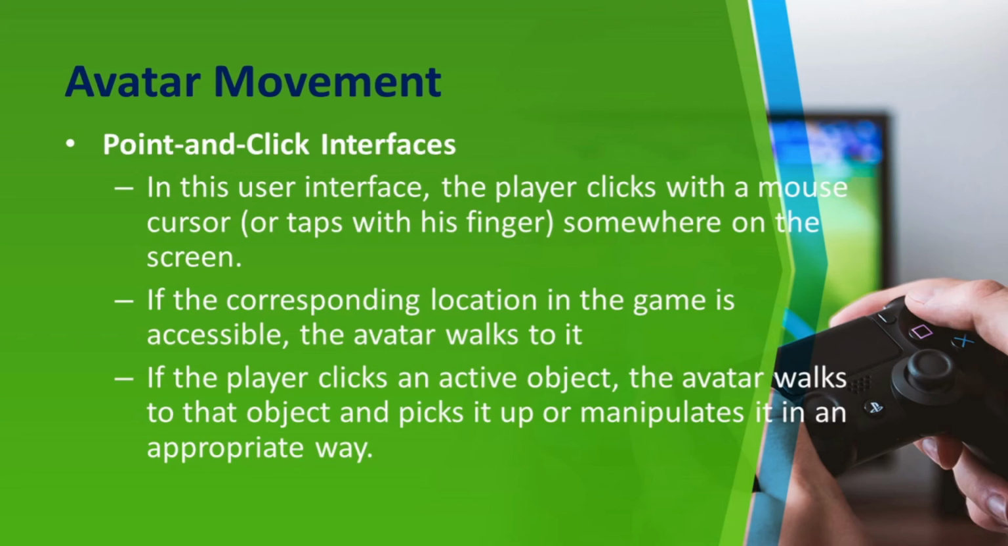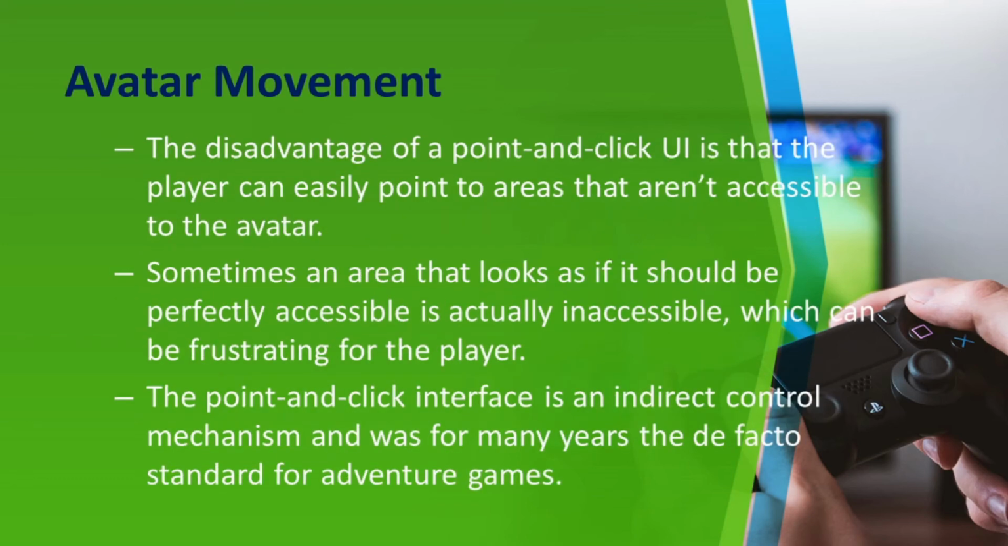Some games, if you click an item, you'll only be examining it. Okay? In some games, like in XCOM 2, if you tap onto a door, the door will be opened. So it varies depending on the game. The disadvantage of a point and click user interface is that the player can easily point to areas that aren't accessible to the avatar. Sometimes an area that looks as if it should be perfectly accessible is actually inaccessible, which can be frustrating